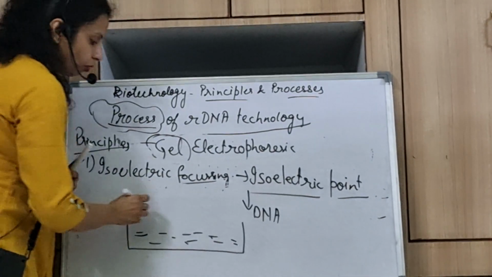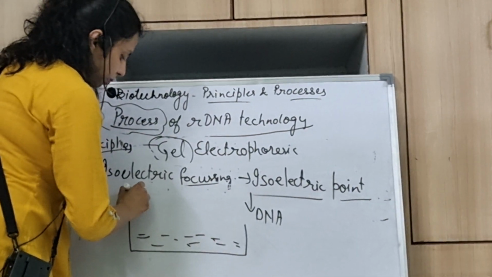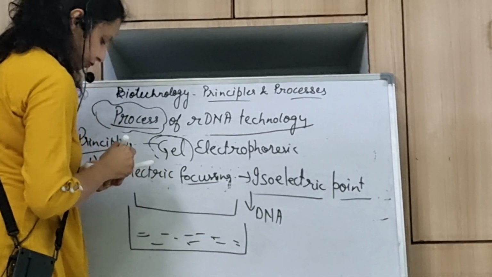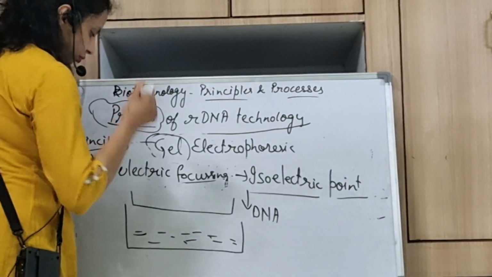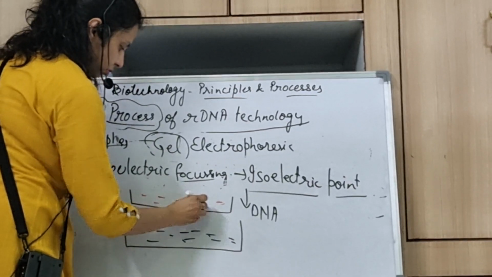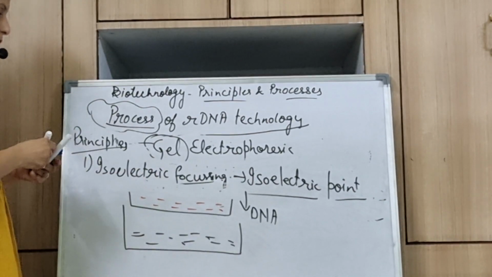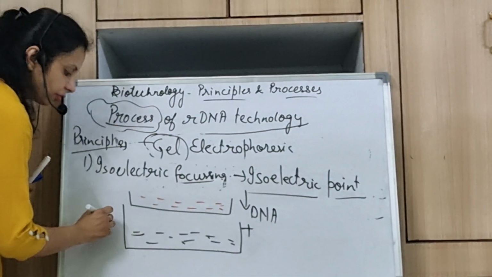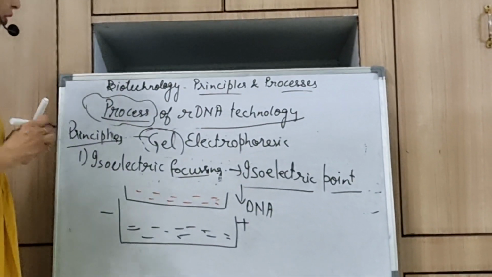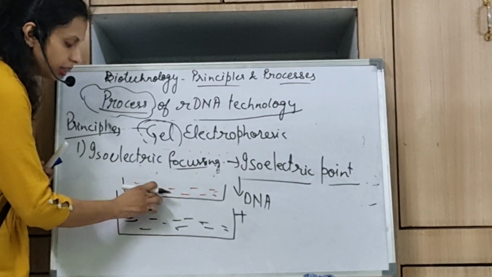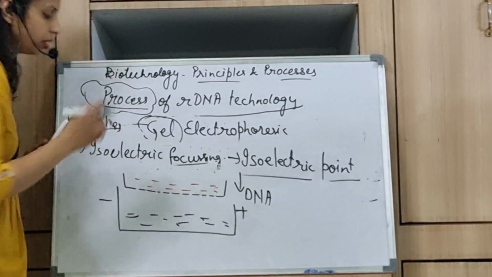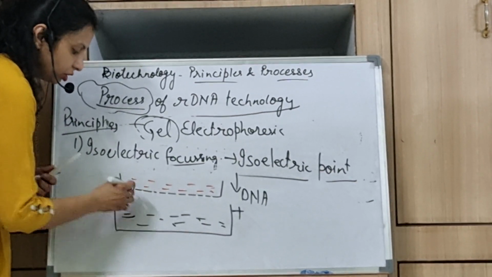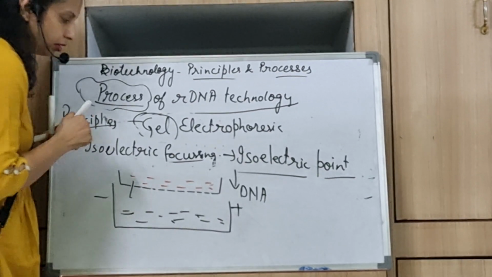Now what will happen if we bring DNA in a trough, and suppose this is our positive charge and this is our negative charge? When the DNA is brought in a trough with sieve, the DNA being negatively charged will start moving,